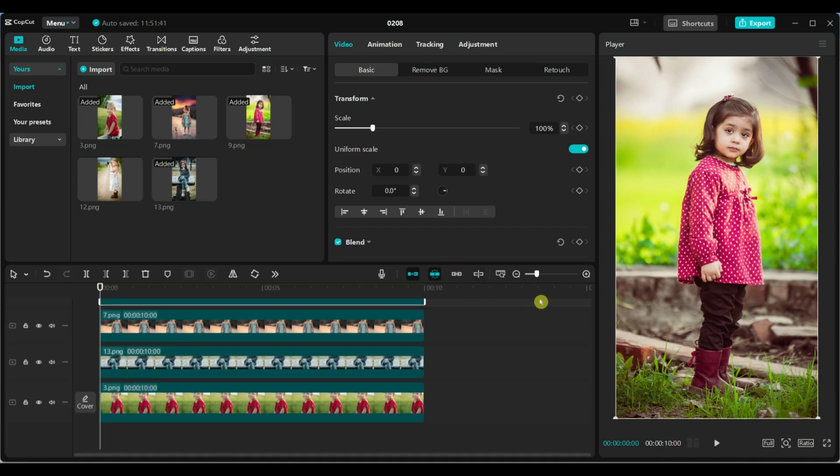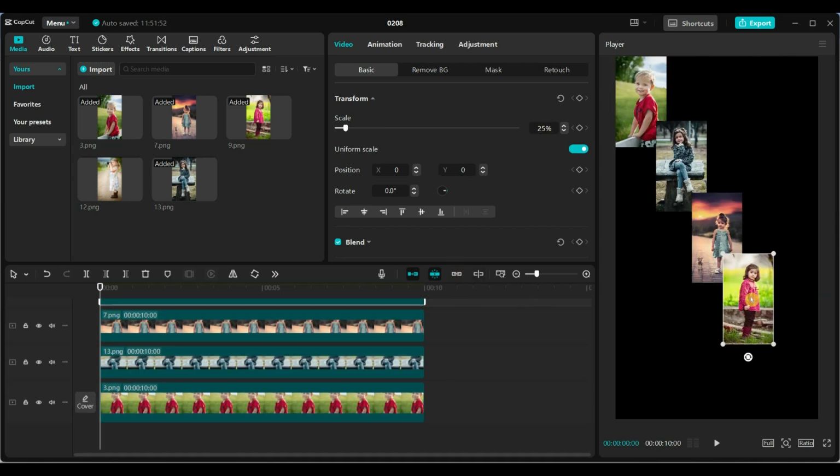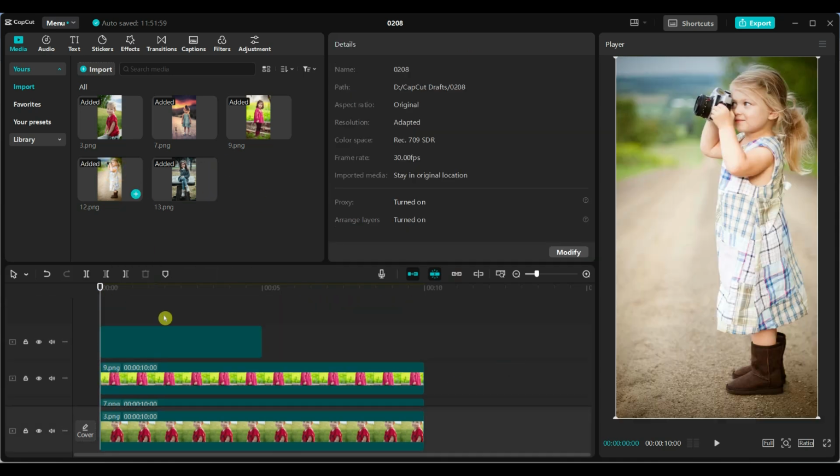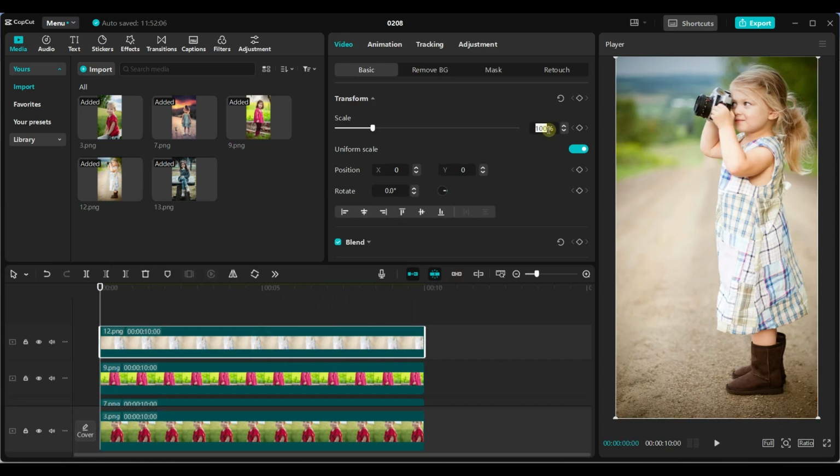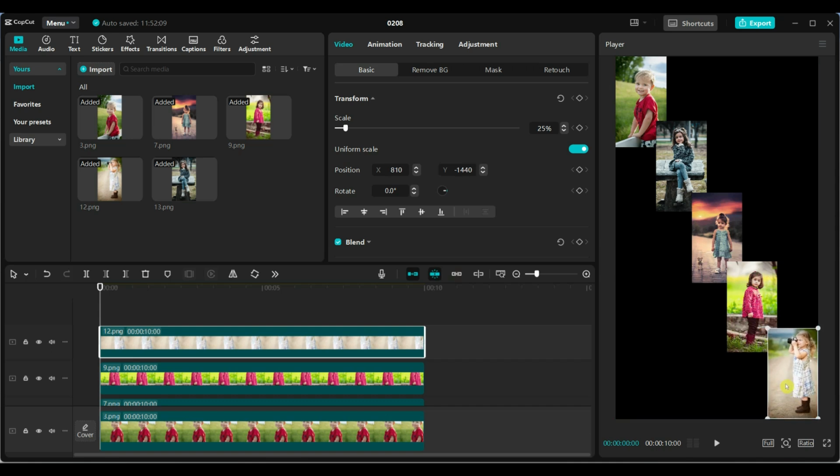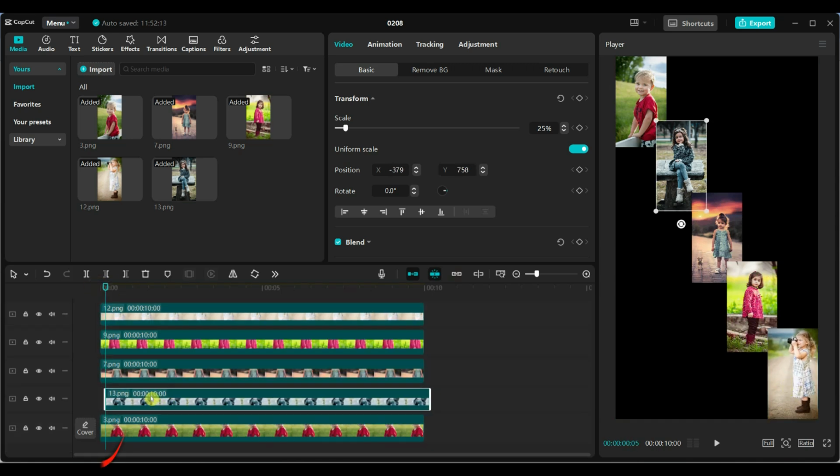In this tutorial, we have used a scale value of 25% for each image. By maintaining the same aspect ratio and scale, your images will appear unified and well aligned in the final video. Set the starting point of each image at 5 frame intervals.